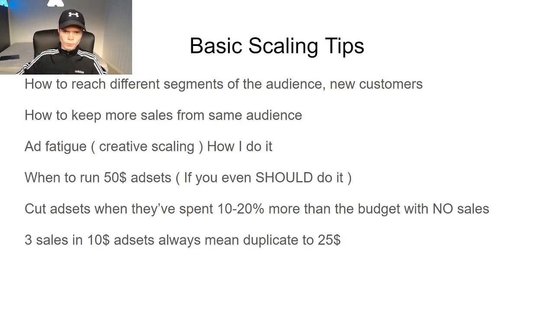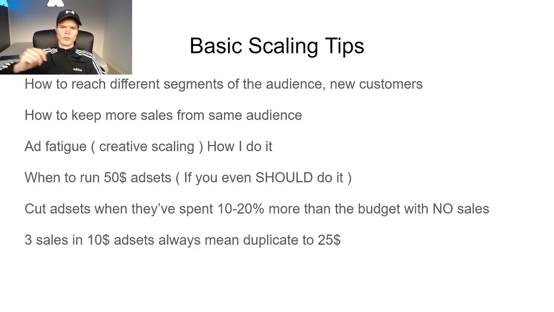So in order to find new people in the same audience, in the same interest, you just make a lot of $10 duplicates. That's horizontal scaling. If you made a $50 duplicate, you would reach the same people as you did in a $25 duplicate. So instead of making a $50 duplicate for $50 a day, you can make 5 $10 ad sets, and that means you're starting from scratch again. Now you have 5 ad sets with the same interest, running 5 times $10, which is the same as $50 a day. But now you're restarting from scratch with the same interest, and those 5 ad sets at $10 a day will find new people inside the audience you probably have not seen before. Your product will probably not die out this early, right?